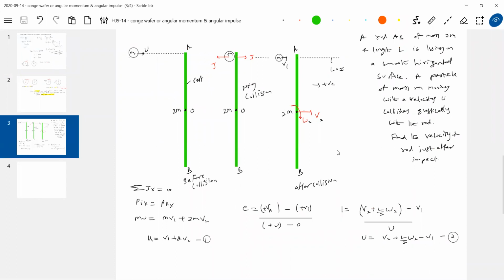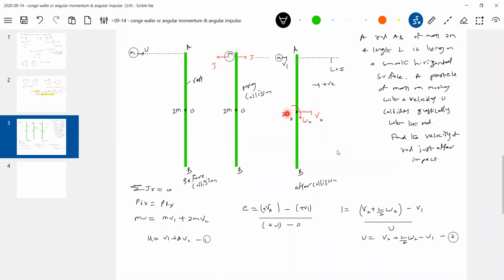Okay, let me do one thing. I'll start about O. Due to J into L by 2, this is L by 2, this is J. The angular impulse due to J, which is acting towards right, is clockwise, L by 2 J. With right hand fingers, you curl R bar cross J. Similarly, look at this one. This is R bar, this is J. The angular impulse due to this linear impulse will be anti-clockwise. So net angular impulse is 0. Therefore angular momentum is conserved about O.